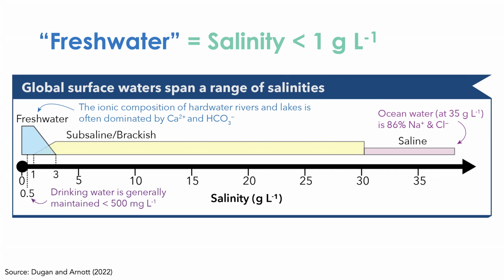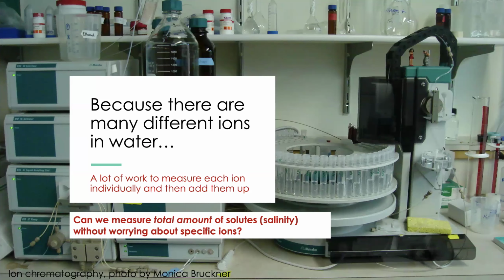The range of fresh water is obviously very different than the range for salt water. Everything in between, from about 1 to 30, we call either subsaline or brackish. It's an intermediate between freshwater and the ocean. We can also have lakes that are way saltier than the ocean. We call those hypersaline. But for the purpose of this talk, we're in the less than one range. Less than 1 gram per liter of total salt is what we consider fresh water.